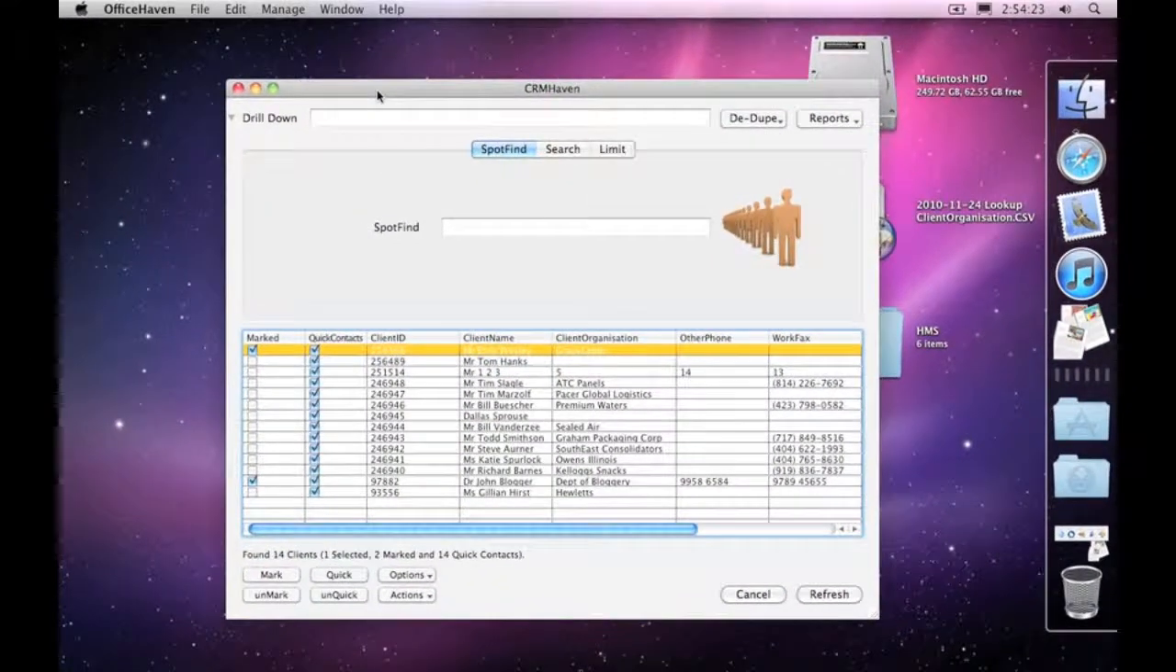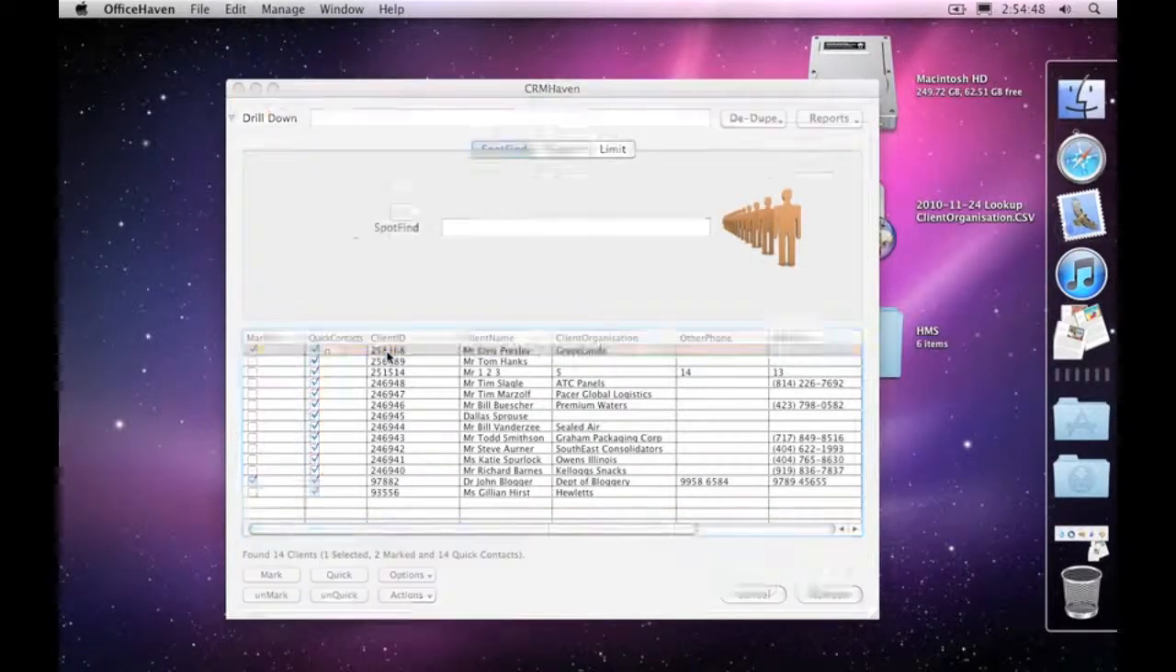In this session, we're going to have a look at how you would clean up the organization information within CRMHaven. By default, every client that we have on the CRM has potentially different organization information. I don't just mean the organization name as we've got displaying down here, but if we go into the record,